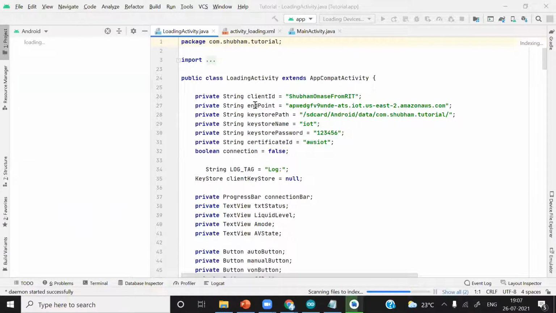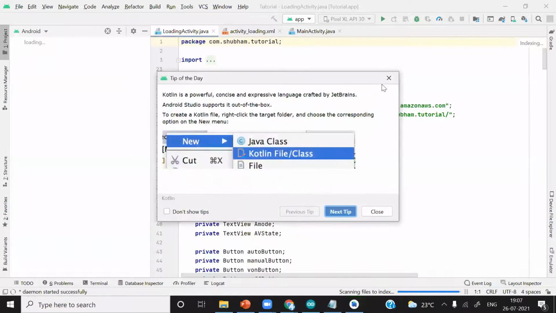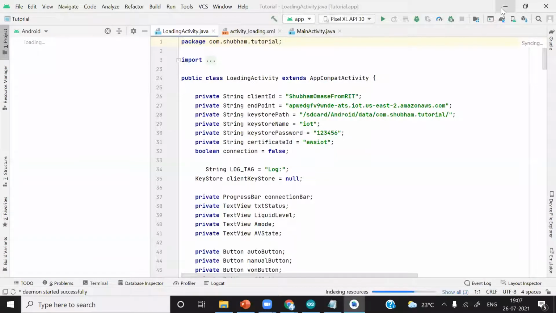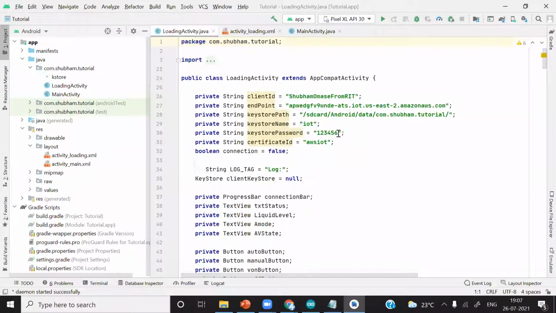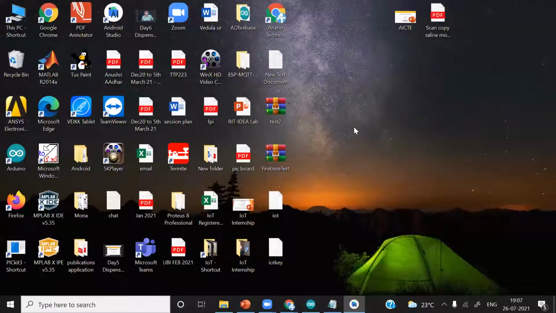here we have added the endpoint, the same host name. The key store name, you have to put the key store name, and the name of the key store is IoT key. You can see here. The password was 123456. You can give any password you want, and the alias name is the same. I was conducting some trials. So tomorrow we are going to see how we can set these credentials, how we can add this key store into the application, and how we can interact with AWS IoT. So we can control ESP8266 and observe the data on the Android application. So this is for today's session.